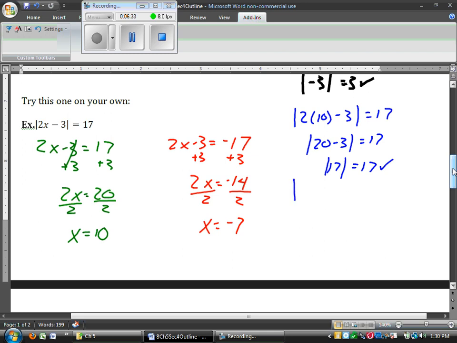Then we need to check negative 7. So 2 times negative 7 minus 3 is equal to,